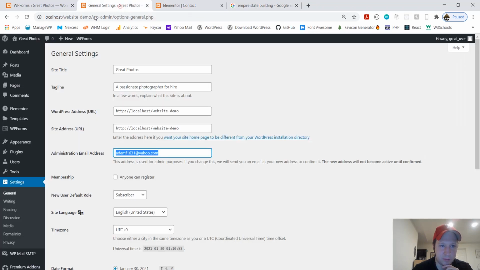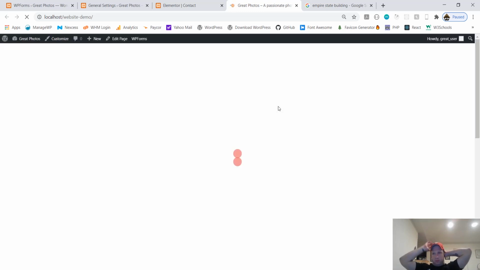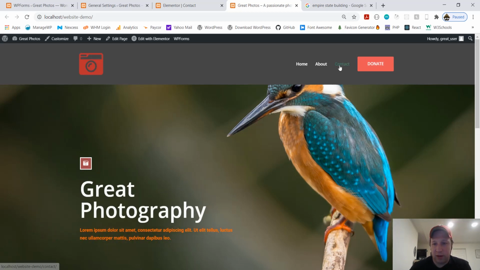I'm going to open our front end in a new tab here. Trust me, opening new tabs is your friend in this. It just helps you, at least it helps me be less confused. If you want to keep going back and forth, by all means, but I just find this a lot more efficient. Go to our contact page.